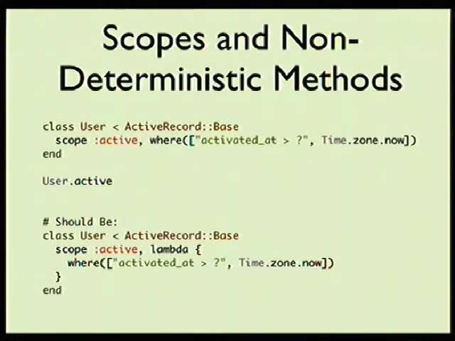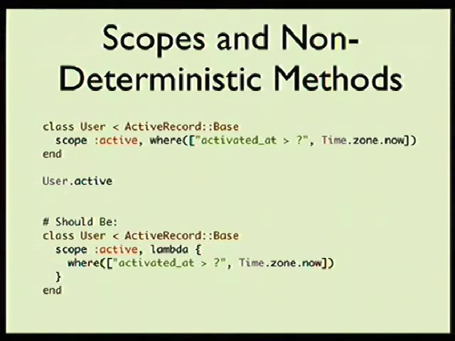This is probably the most common gotcha I see, and most people have read about scopes and are aware this exists, but I mean, even I do this accidentally myself. It's not thinking, and it just happens. Be very careful with using non-deterministic methods, that is to say, methods that return differently, not dependent on the arguments